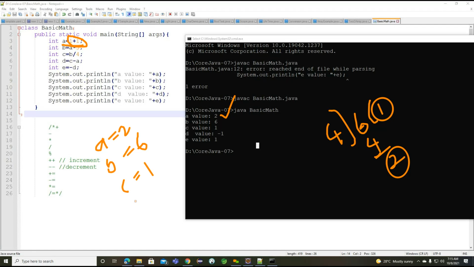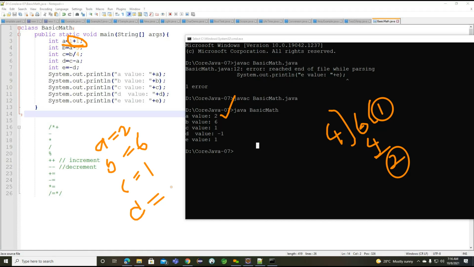Now what we need to understand here is the d value. So come back to the d value. First we need to understand the c value. So the c value will become 1 and the a value, what is the a value we are having? 2. Now if you observe here, if you want to find out the d value, we are trying to do some subtraction with the help of